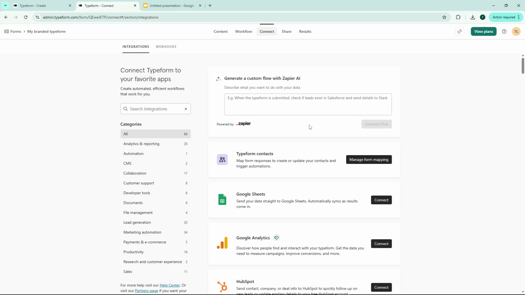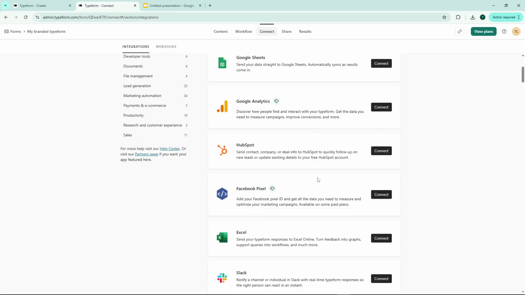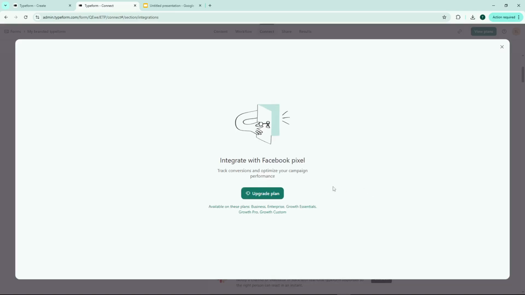In the integrations list that appears, scroll down or use the search function to find Facebook Pixel. Once you locate it, click on Connect. This is where you'll link your Typeform directly to your Facebook advertising account, allowing you to track user behavior and